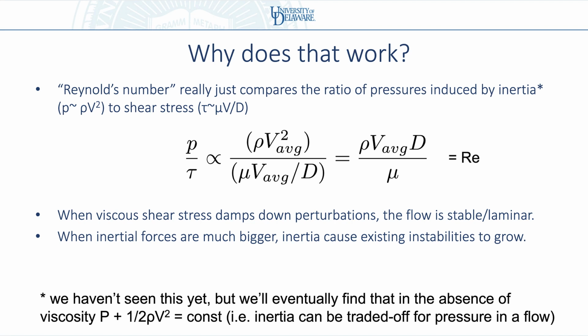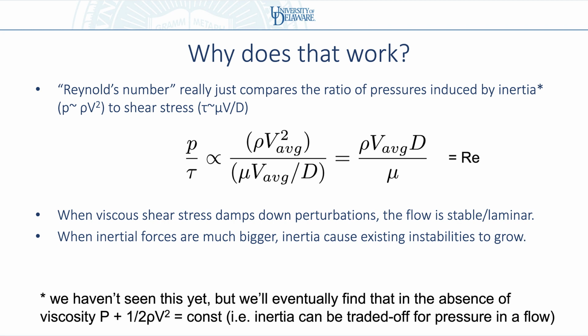By the way, this is an aside, but the question is, why does that work? Why is there a dimensionless number that determines whether something is laminar or turbulent? So in this case, I'll give you a preview of why this works. Basically, what I claimed was that turbulence is really sort of a consequence of having so much inertia that you're